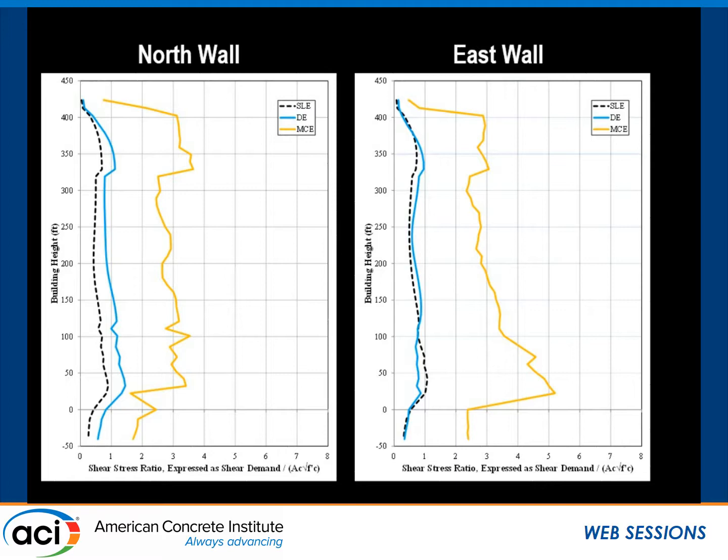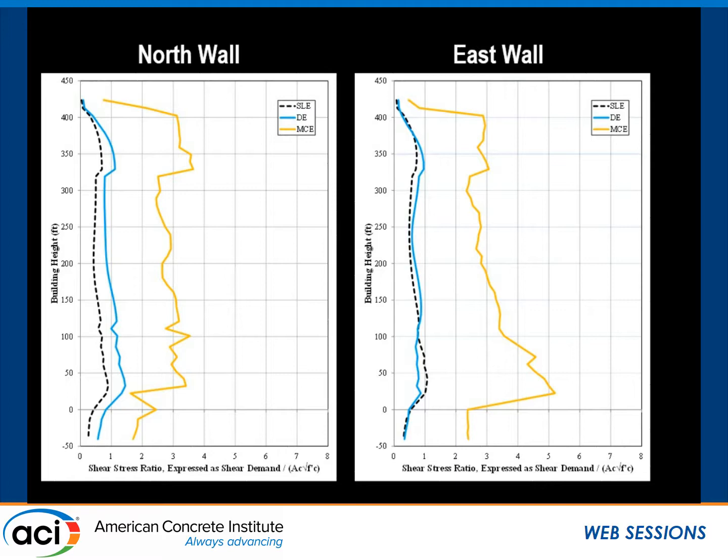One is that if the amplification factor between, by the way, MCE is in yellow, DE is in blue. I've also got SLE here, the dashed black line, but we've kind of ignored it because it doesn't really control anything for this building. But if the factor, say it's 3, based on our previous results, were uniform with height, we would expect the two shapes to be exactly the same. And we can pretty clearly see that that's not the case. For example, although they're similar through most of the height of the building, when you get towards the base, the MCE results take a dive right around elevation 25 feet, which we don't see in the DE results.